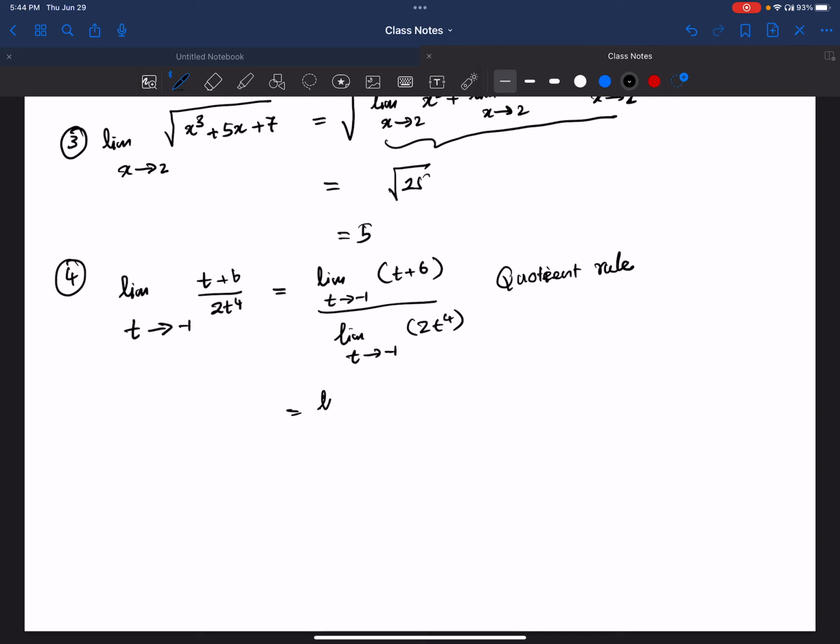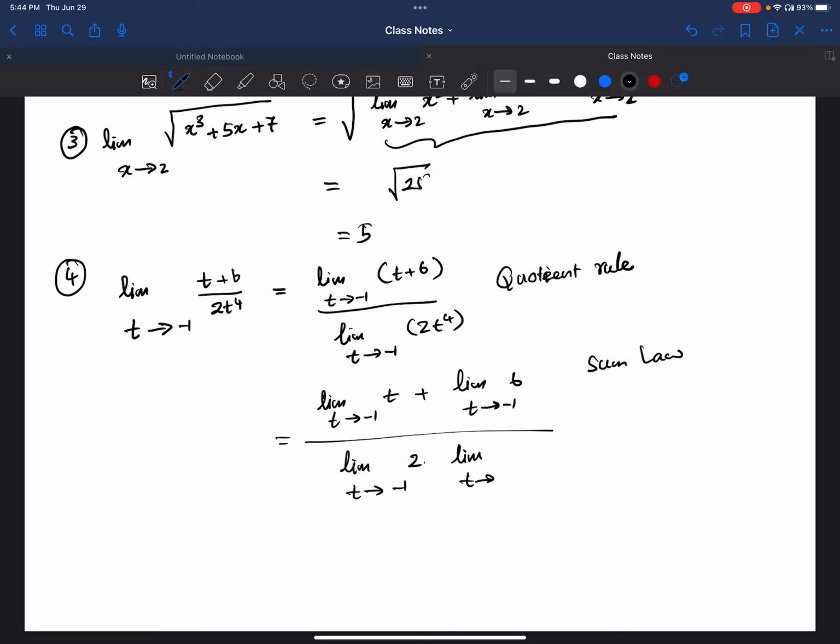and you could put limit, sum law, product constant multiple rule, and then you can put the product rule, 4 times here. Okay, this is constant, and this is -1